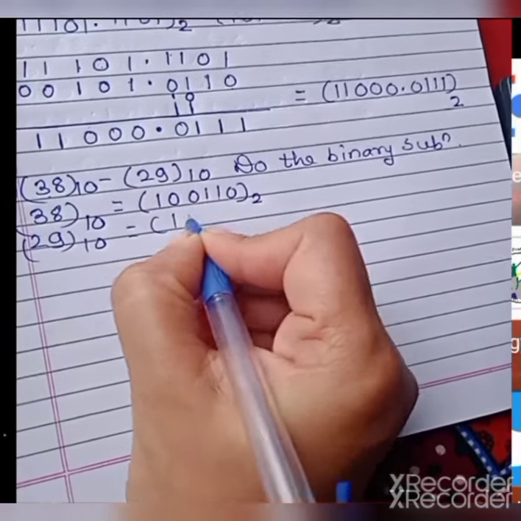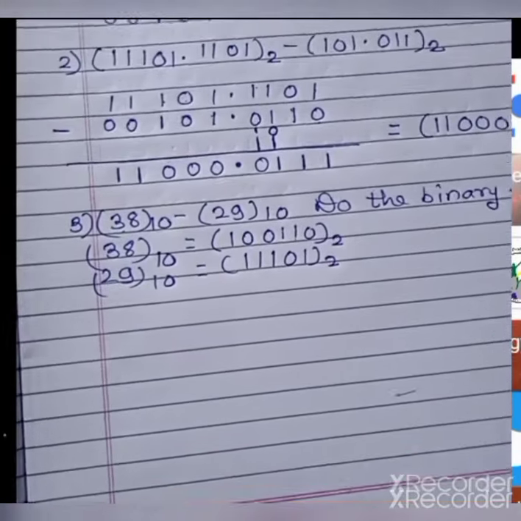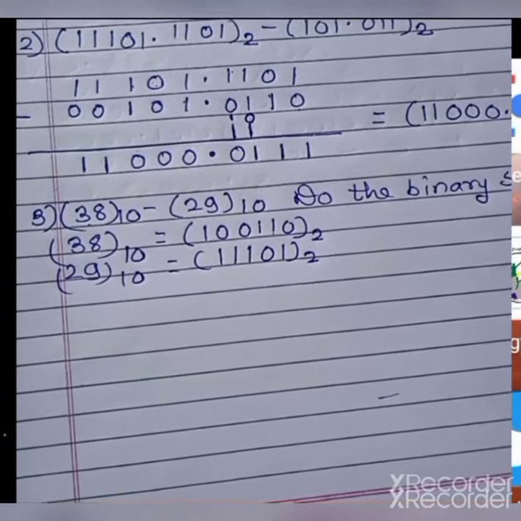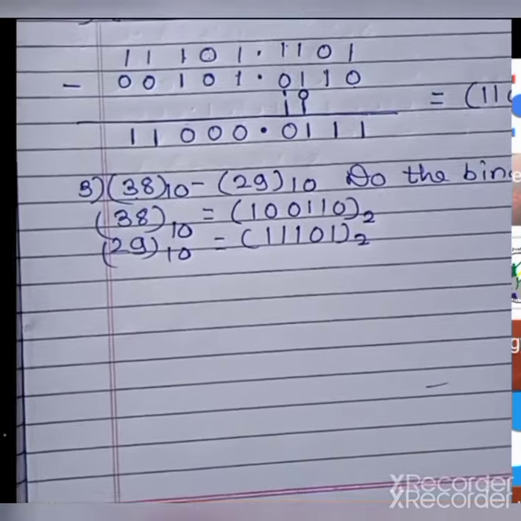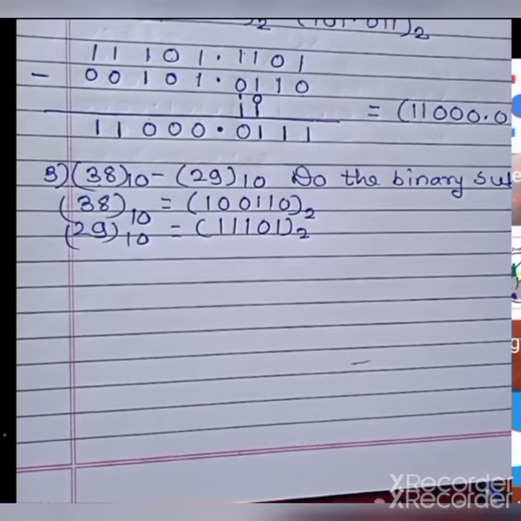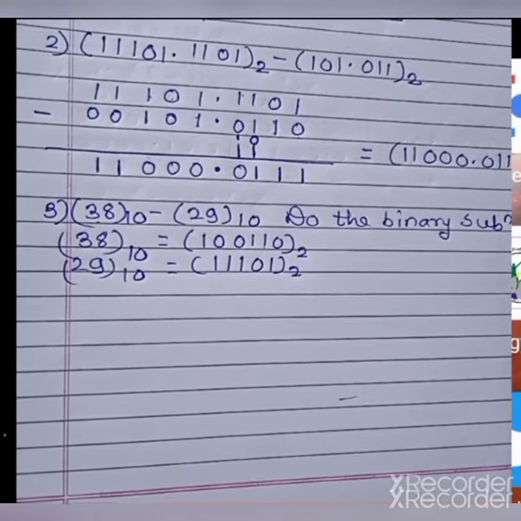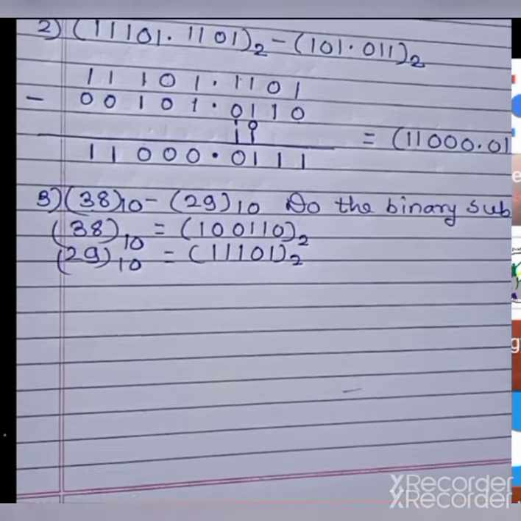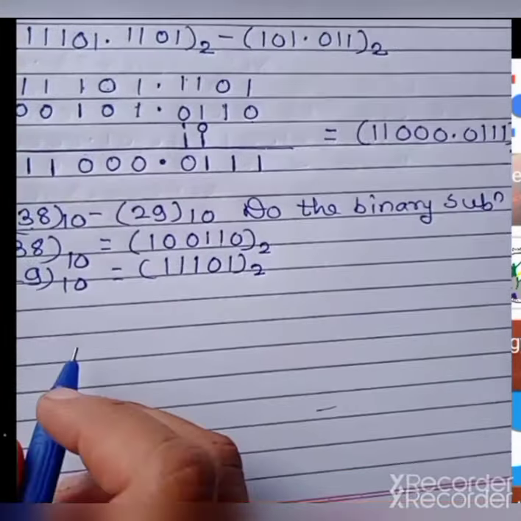29 decimal is 11101. See, there is a scientific calci for finding out these numbers directly, but you have to perform all the steps while doing the conversions on paper. It is just for checking your answer with the help of the engineering calci. This is possible through the calci, but for the number conversion that you have been taught, you have to follow the rules, and the answer that comes on paper by following those rules you have to tally. So calci is just to be used for checking.